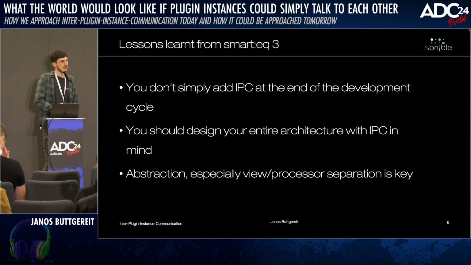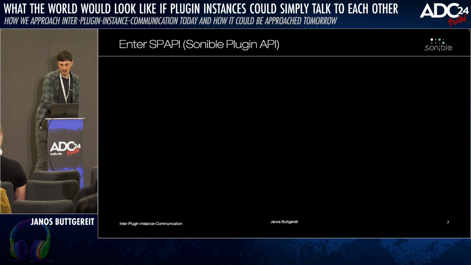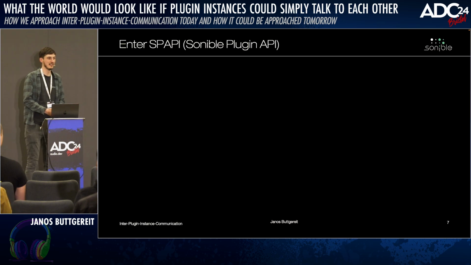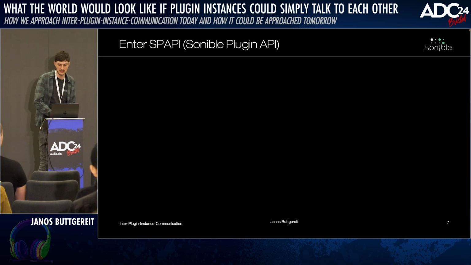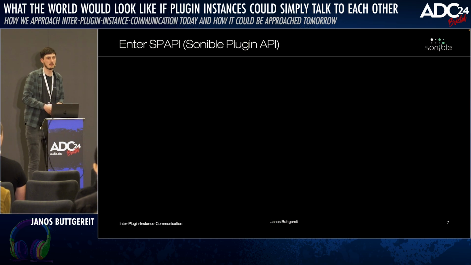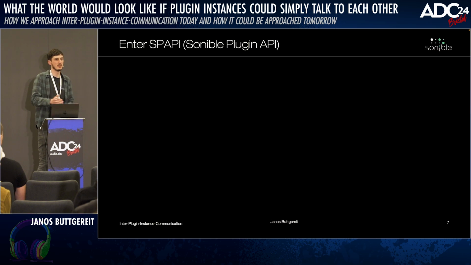So what we did, we said, okay, we have to write our own abstraction layer for this, and we called it SPAPI, Sonible Plugin API. So this is an internal layer we have built all our recent plugins upon. When we got started back then, we said, okay, let's focus on this communication channel between the view and the processor. Usually in a JUCE-based plugin project, you can just grab a reference to the processor from the view and do whatever you want. We said, okay, let's start here and forbid that. We only want to pipe data through defined